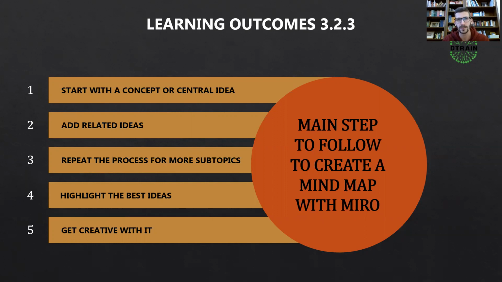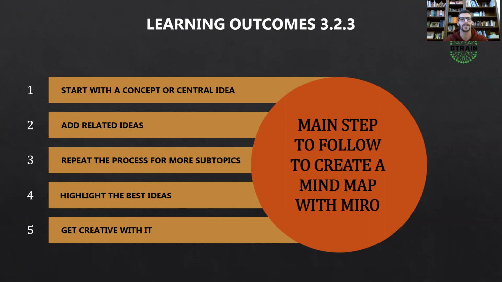These are the main steps to follow to create a mind map with Miro. Start with a concept or central idea. You have to start with a central concept or idea that is central to your problem or topic. Once you have a central theme, type it into the middle of the map. Add related ideas. Then, in a quick focus session, have your team members develop related topics or concepts around the middle one. Add branches and notes